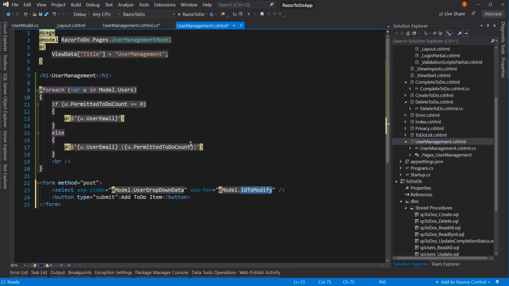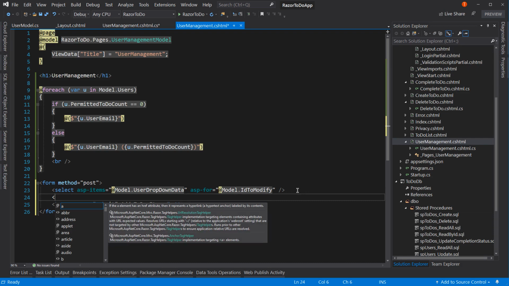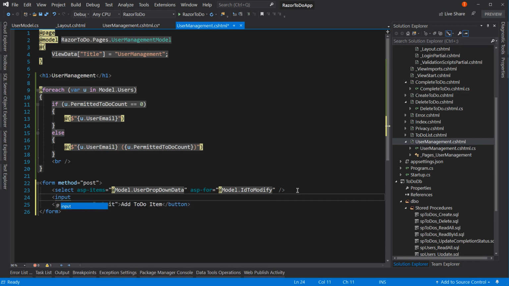So we can say, let's add an input. The ASP-4 equals model dot permitted to do count, and just going to compare it here to what